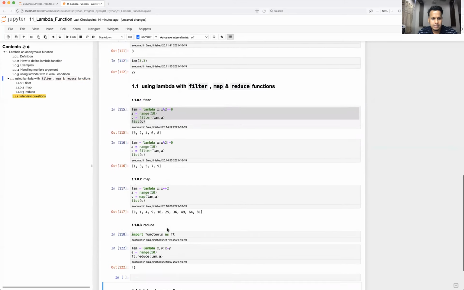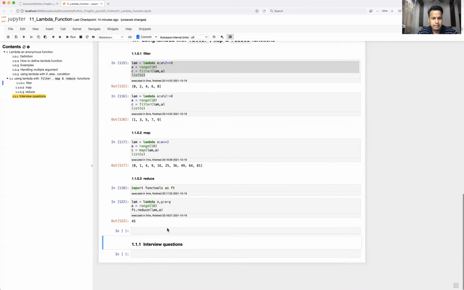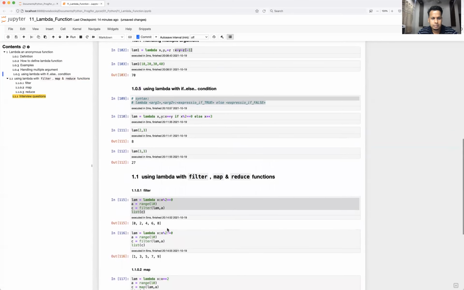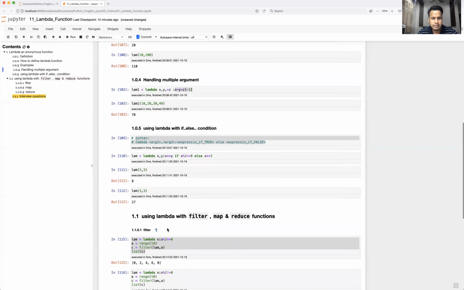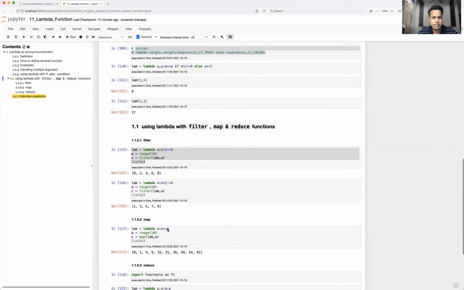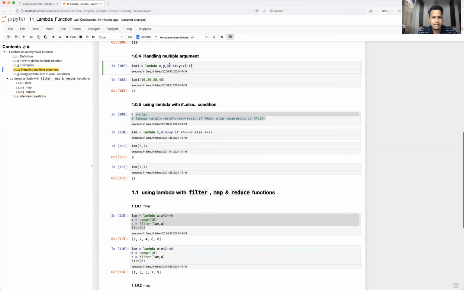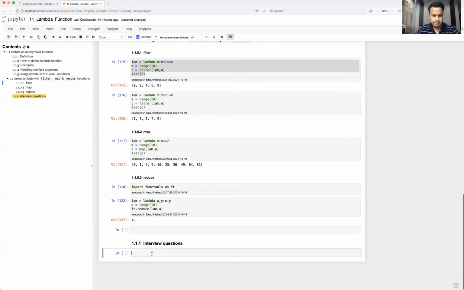That is one thing. Another thing is whether it can handle multiple arguments. Yes, it can handle them, which I have already shown you guys using the star operator. Let me just try it. How to use and where it is used heavily.